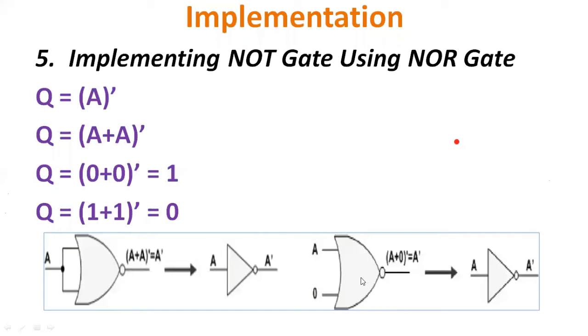The second way is, instead of shorting the two terminals, you can have this kind of NOR gate also. If the first input is a, the second input should be connected to logic 0. Whatever input you provide to the first input will be complemented at the output. If you place 0 at the place of a, then 0 OR 0 is 0, which inverted becomes 1. If you place 1, then 1 OR 0 is 1, and if you invert it, it becomes 0. So this is how you can implement the NOT gate also.